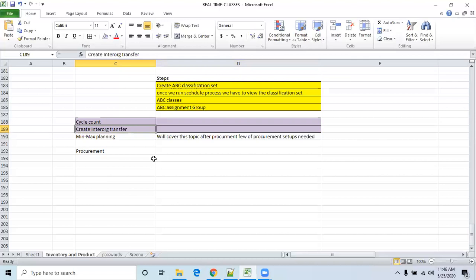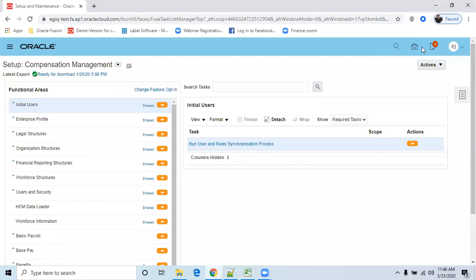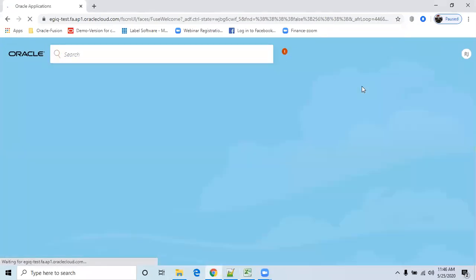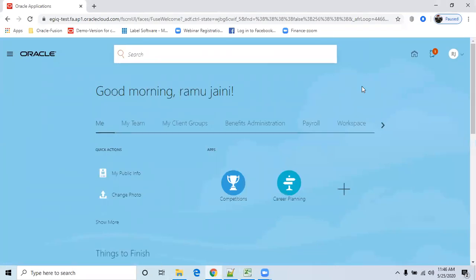Create inter-organization transfer we are using to transfer the material from one inventory to another inventory. In the previous class we have seen how to create the parameter. I'm going to go back to the same screen and show where we have to create the parameter, and after creating it, how to transfer this material from one org to another.